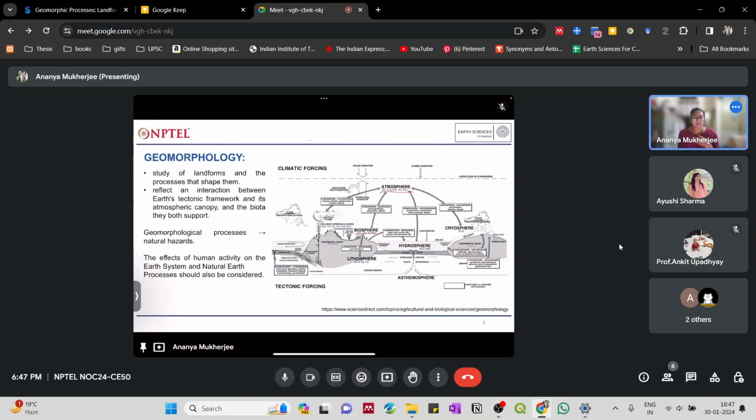As I was saying, we had discussed before how the atmosphere, biosphere, hydrosphere and lithosphere, or geosphere for that matter, interact with each other, and how there is a transfer of both energy and matter. The same thing you can see in this diagram. This is a much more descriptive diagram, showing how the interactions between each sphere give rise to changing landscapes, the processes that are changing these landscapes, and also the processes that form the landforms which we see.